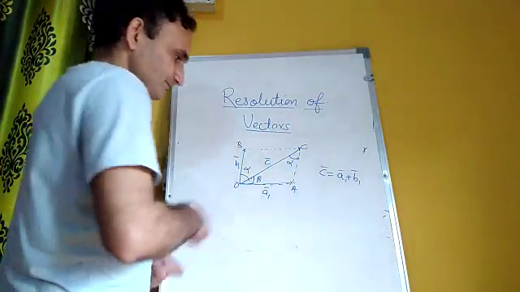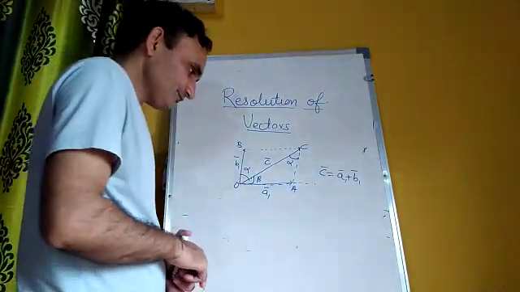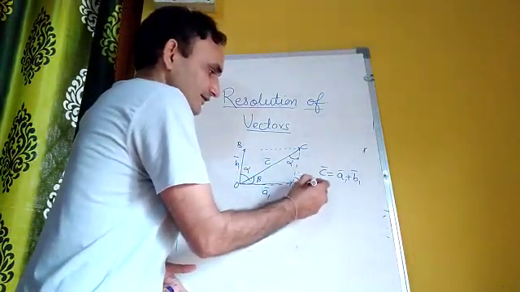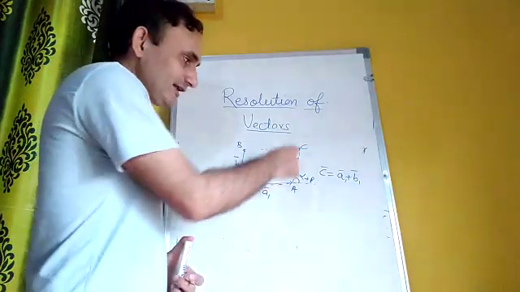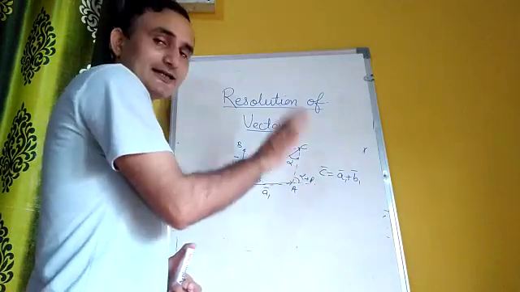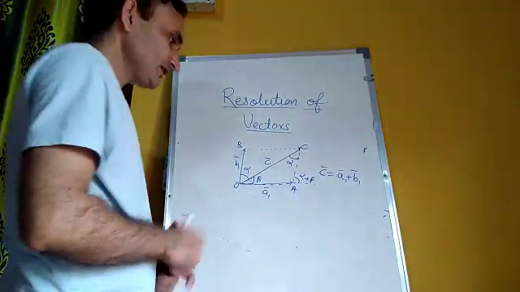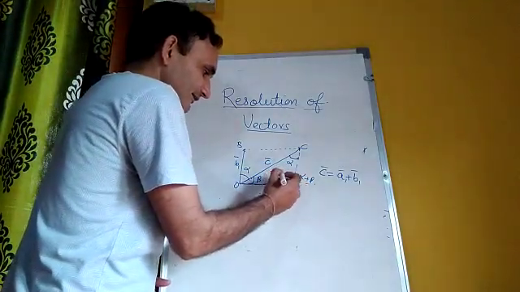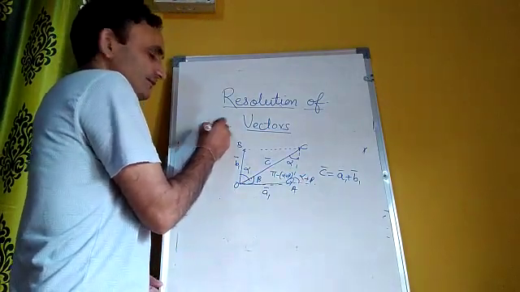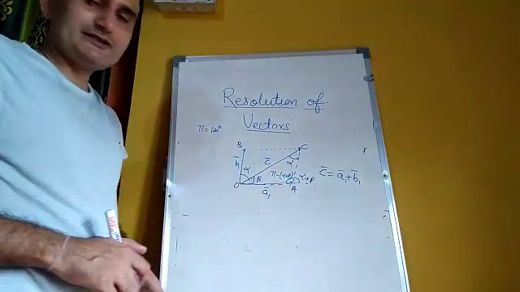Now we can produce this further. This angle will be equal to alpha plus beta, because it is an exterior angle for triangle COA, so it will be the sum of the two interior angles. So this angle will be 180 minus alpha plus beta. Pi is the symbol for 180 degrees, pi radian or 180 degrees. So pi minus alpha plus beta.